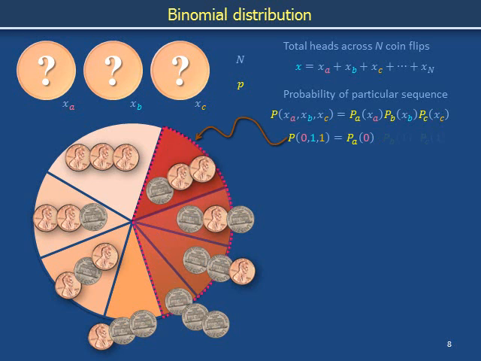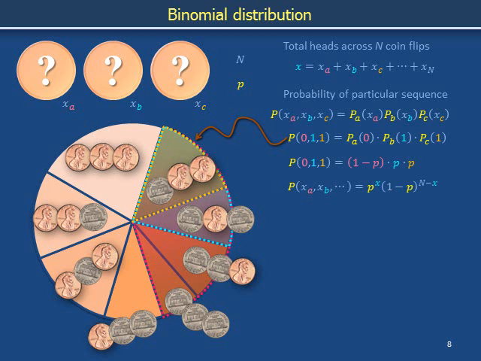Out of that portion of the pie chart, what is the fraction of time that the second toss lands heads? And out of this portion of the pie chart, what is the fraction of time that the third toss lands heads? The chance that the first toss lands tails is 1 minus p. The chance that the second toss lands heads is p, and the chance that the third toss lands heads is also p. More generally, the probability for getting the outcome sequence x sub a, x sub b, and so forth